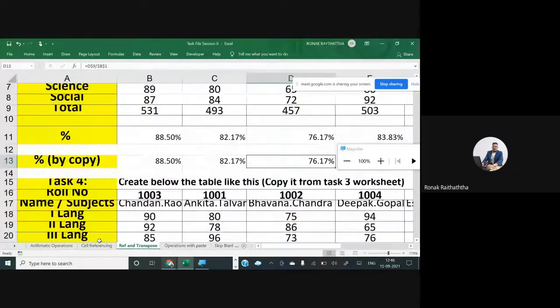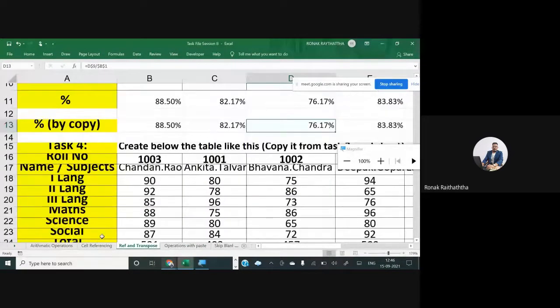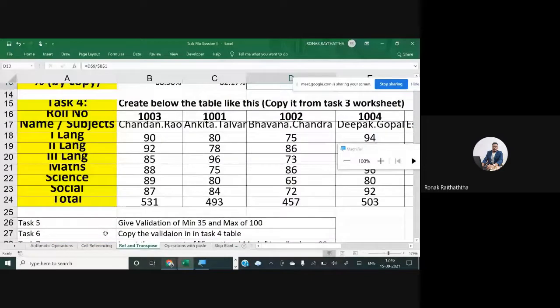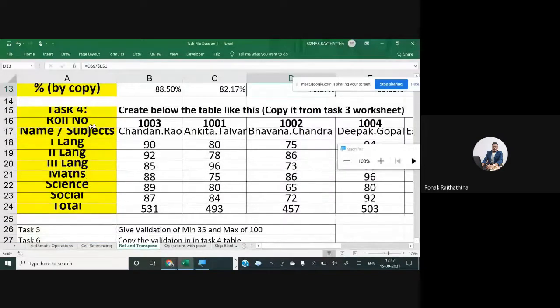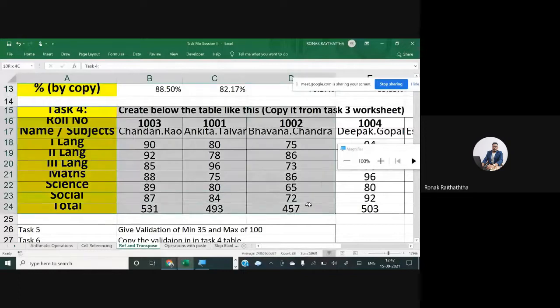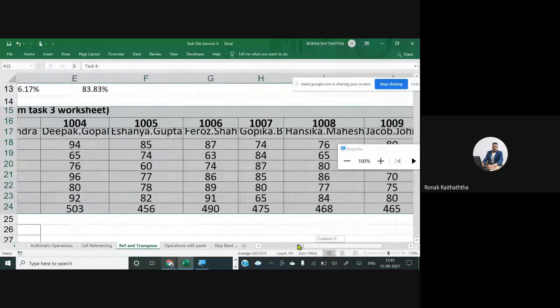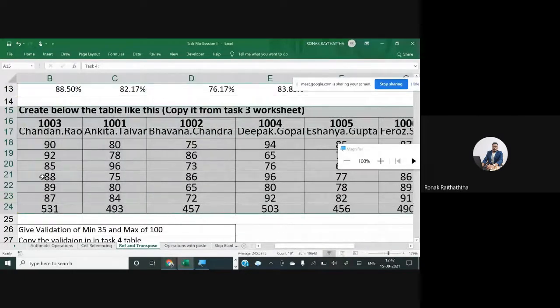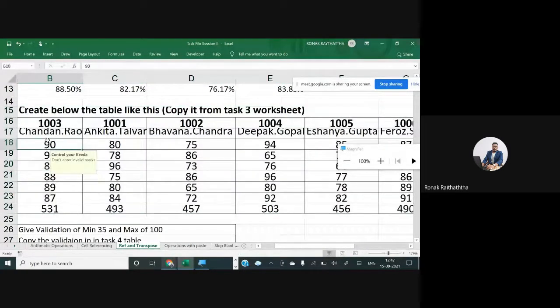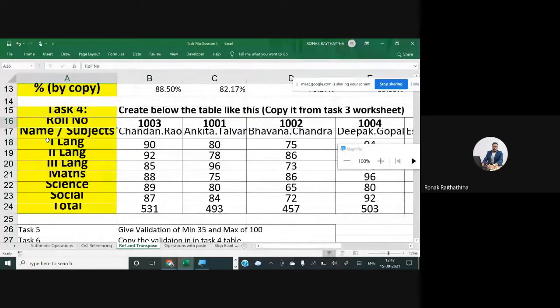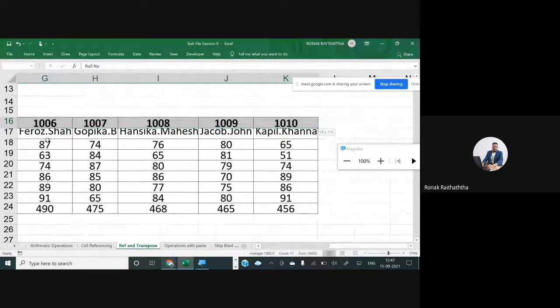Now, my friends, here we are able to see some marks again, which are different. You must have observed that. In the worksheet number reference and transpose only, the second table. And the first thing you will do along with me is that select this table entirely from row number to this marks. Select this entire table. Everyone, please do it along with me.